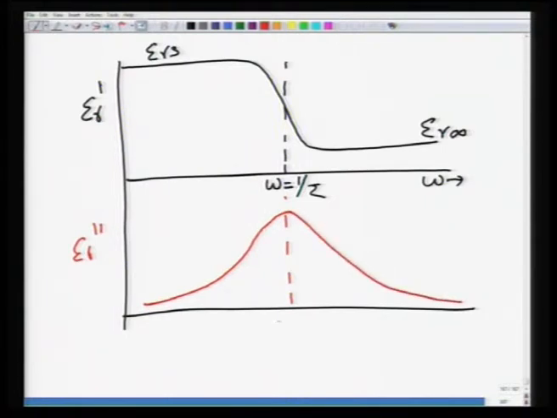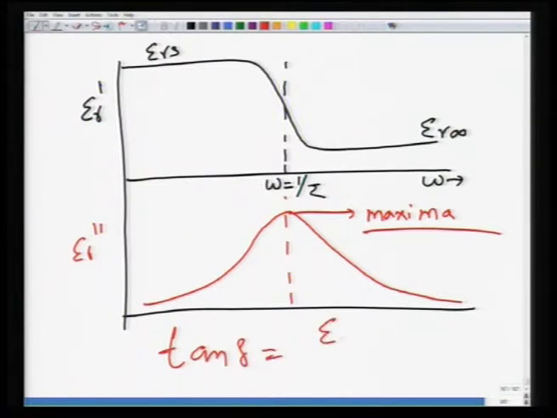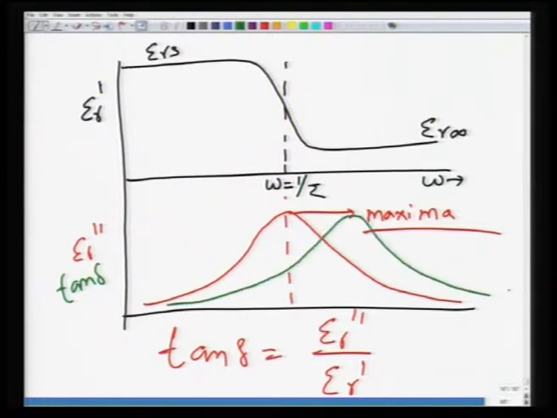And again, this is your maxima, and you know from this that tan delta is equal to epsilon r double prime by epsilon r prime, which can again be plotted. If you plot tan delta, it would be shifted slightly towards higher frequencies. And then we also saw that this tau, the relaxation time, is